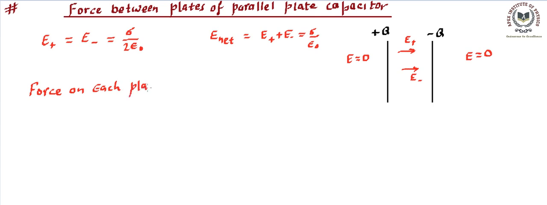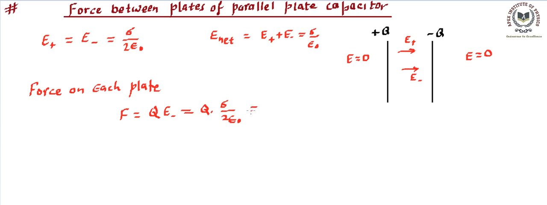is going to be equal to, if we call it F, so F is going to be equal to, we are just writing the magnitude, right? So we are writing one charge, and the field of another. Let's say we are writing the field of the minus plate and putting the charge of the positive plate. So this is the magnitude. This plus Q charge is present in the field of minus Q, that is E minus. So this is going to be Q, the charge, into the field because of one plate, E minus, that's sigma upon 2 epsilon naught.